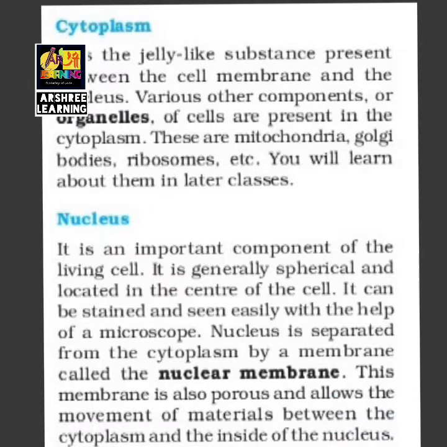When the nucleus is seen under a microscope, we can see that the spherical body in the nucleus is called the nucleolus. In addition, the nucleus contains, what is the main function of the nucleus? The nucleus contains thread-like structures which are called chromosomes. These chromosomes carry genes and help in the inheritance of characters from the parent to the offspring. It means the nucleus does the work of transferring common traits.